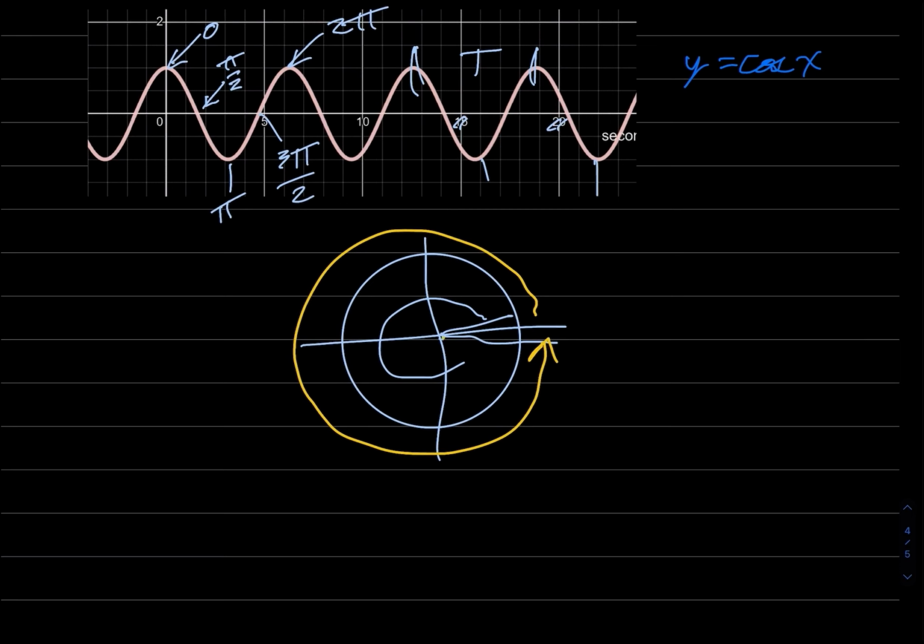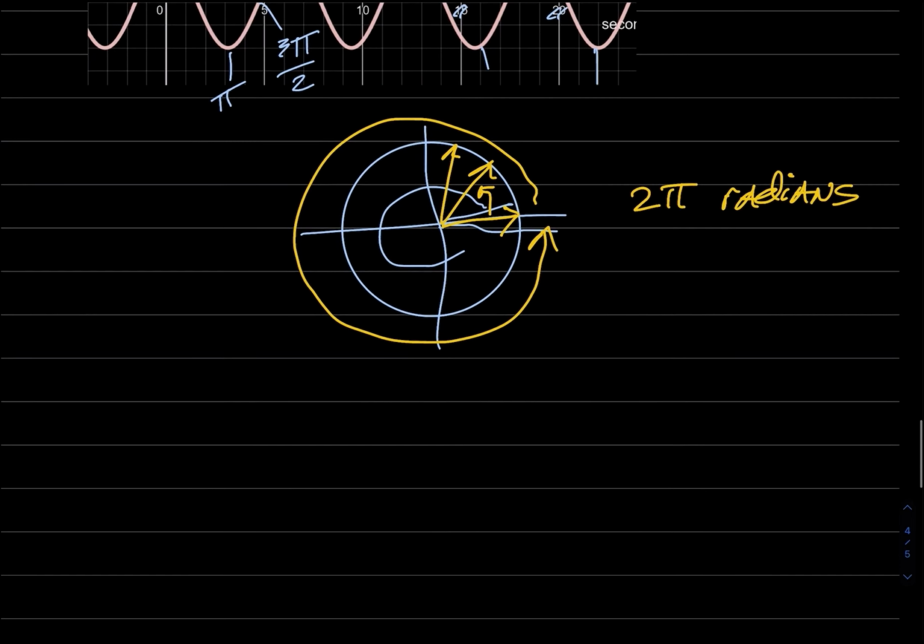And during that one cycle, this fictional hypotenuse of the unit circle, as it's traveling around, it travels 2 pi radians. So if we go 2 pi radians in time t seconds, the period of one full vibration,